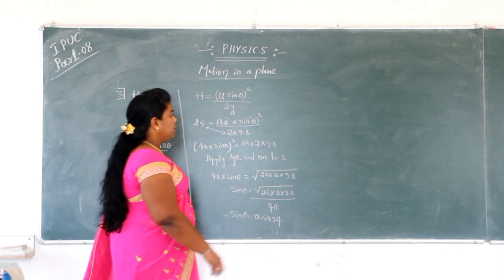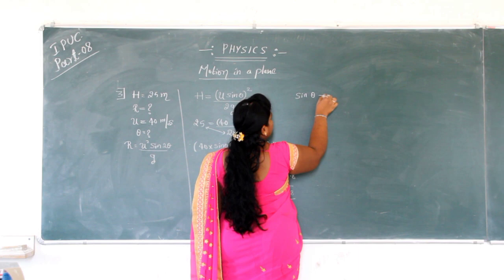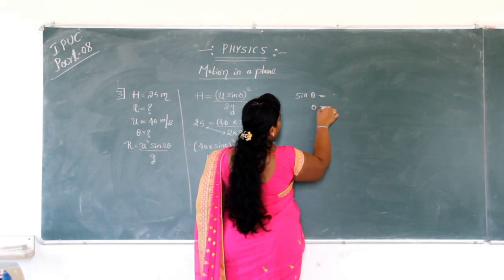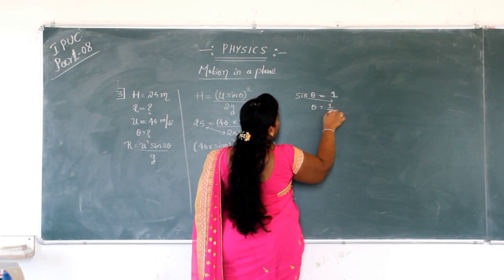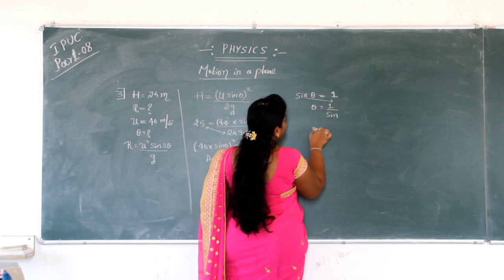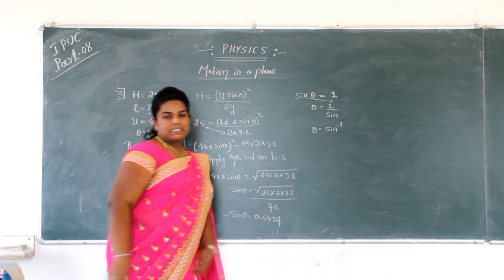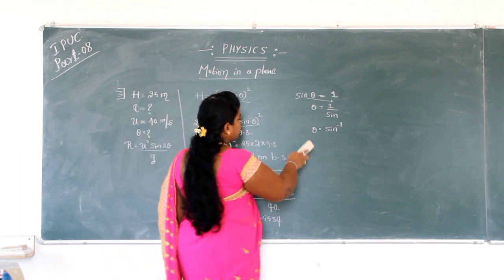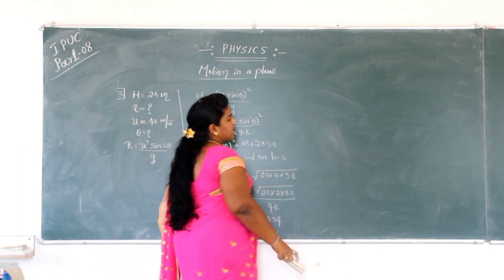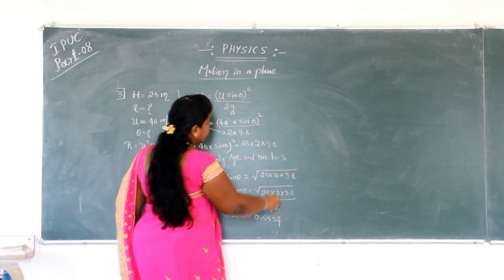Don't get confused by this. We have sin theta, and we need theta. Suppose there is a 1 here. If sin comes to this side, it becomes 1 by sin. So 1 by sin can be written as sin to the power of -1, sin inverse. So that sin changes from one side to another side, it becomes sin inverse. It becomes an inverse function. So my dear students, theta is equal to